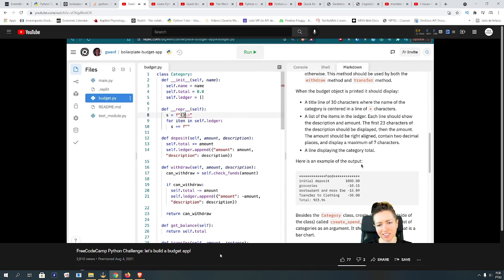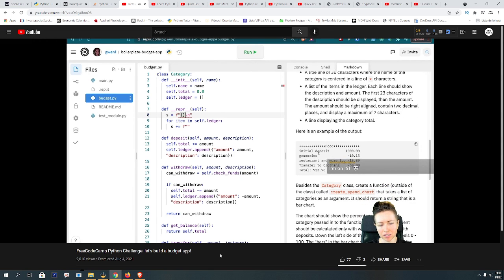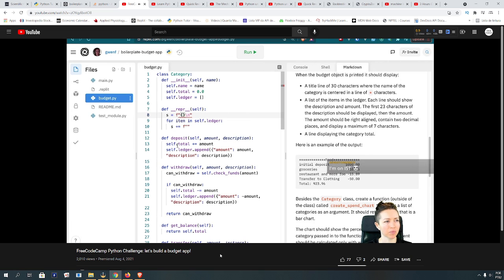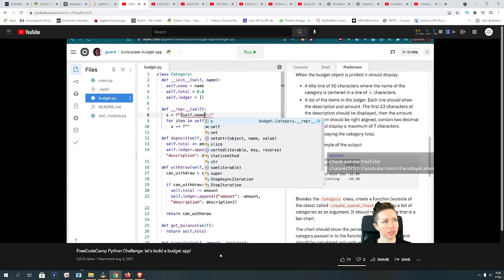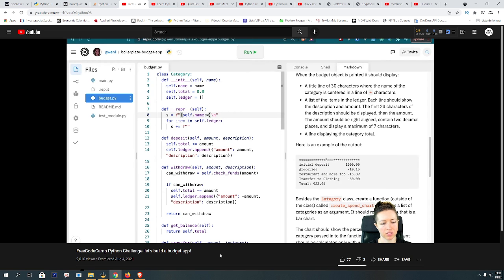So let's see. Def Reaper. Initial deposit, groceries. Yeah, let me try that. So I guess the greater than or less than are right or left aligned, and it makes sense that the caret would mean centered. So that's pretty cool. Yeah, self.name, and then do the caret of 30. All right, and then I think I'll have to do, basically, item dot description,